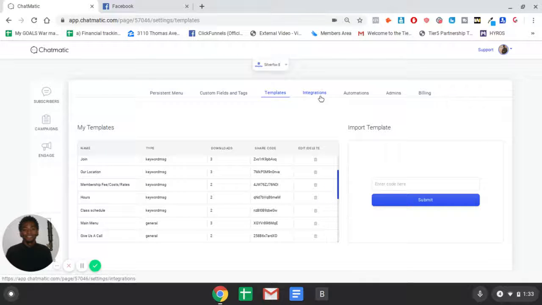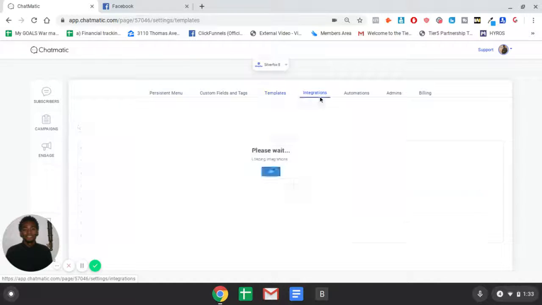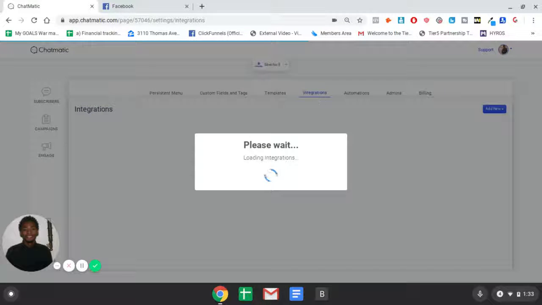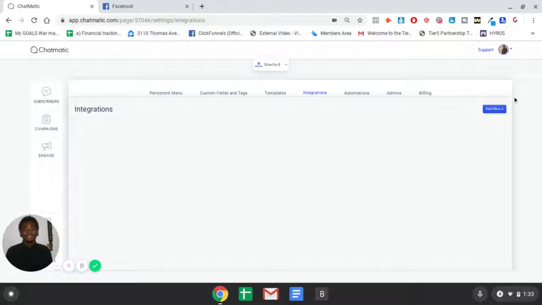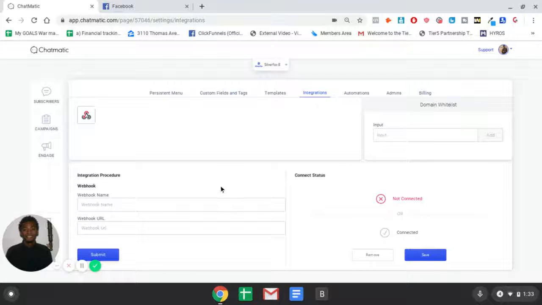So integrations, I've already talked about that. I need to actually add some integrations in here. But these are things where you could just integrate Zapier, for example, if you're collecting emails and you want to send them to your autoresponder or whatever, you literally just go to Zapier, copy the webhook name and the URL, put it in here,